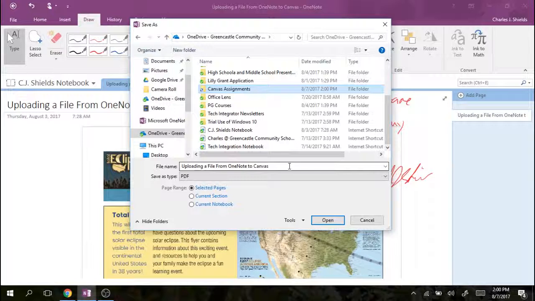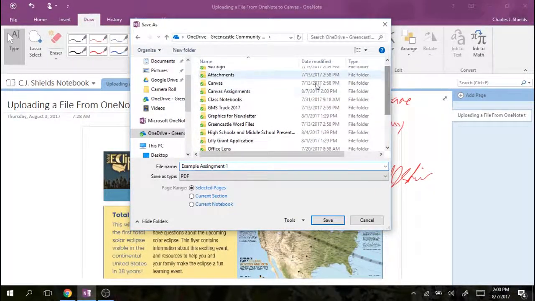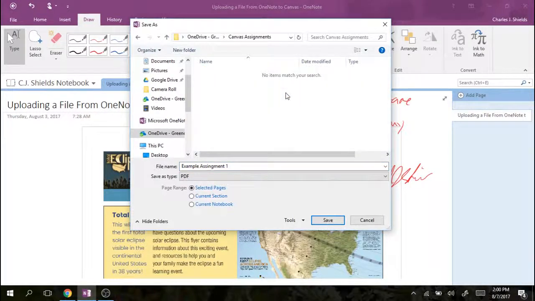And I'm going to call this Example Assignment 1 for the file name. Important to know that I must click in the folder for the file to be saved there. So even if I've typed the name there and I've typed the folder there, if I don't double click that folder, it's not going to open that. Make sure you're in the correct folder, make sure you have the file name that you want,